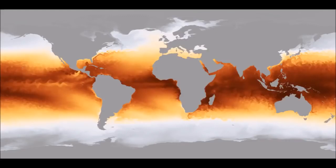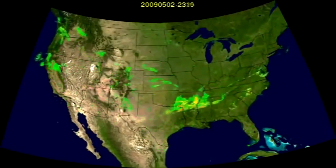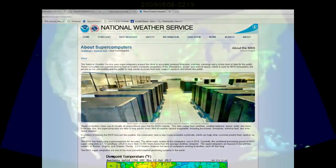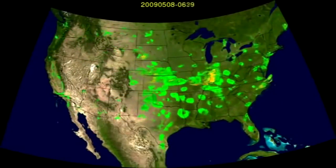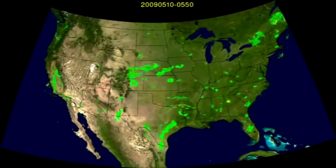Since our weather data comes from our ground-based Doppler radar, and it's impossible to use ground-based systems to cover the entire vast oceans, that's where the weather over the oceans comes from, their software simulations. Number 2, now for the weather over the land, the NOAA has supercomputers that take data coming in from all over the world, Doppler radar feeds, and crunch it all together and combine it with the weather simulation data over the oceans, so they come up with a complete composite weather quote-unquote map, which is then wrapped around a ball